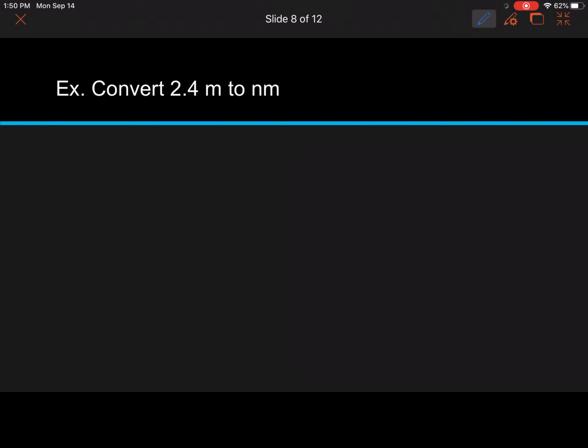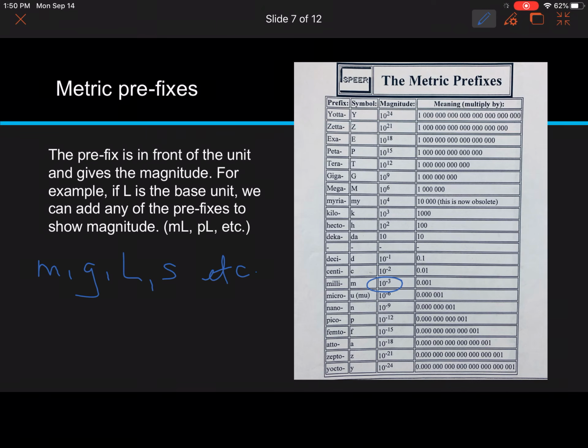Convert 2.4 meters to nanometers. Again, what you're looking for, nanometers, equals what you know, 2.4 meters. So I'm going to draw my conversion factor. Meters is going to go on the bottom, nanometers goes on the top. Now, here's where people get confused. They say, well, where does the 1 go? So if I look here,